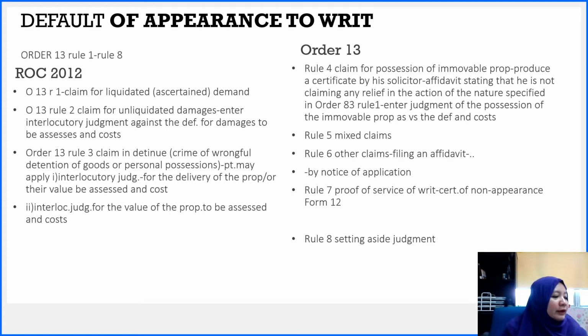Where an application is made to the court affecting a party who fails to enter appearance, the court may require to be satisfied in such manner as it thinks fit. Meaning, before you file to the court that you want to enter a judgment in default of appearance, you must prove to the court under Order 13 Rule 7 that a certificate of non-appearance has been filed, showing that you have served the writ of summons and statement of claim on the defendant, but yet the defendant did not appear.